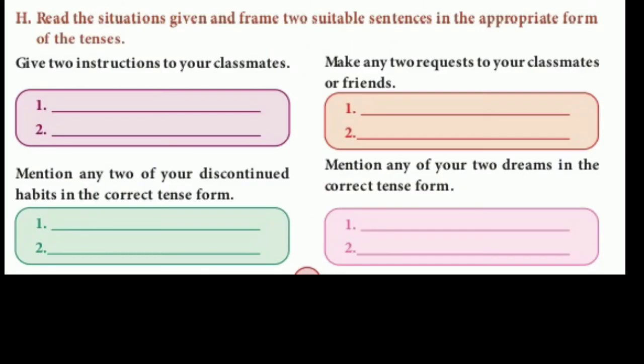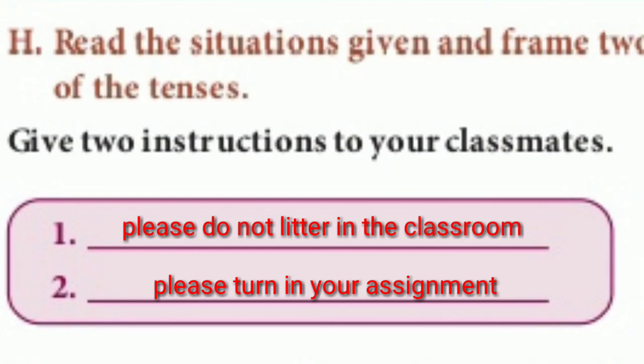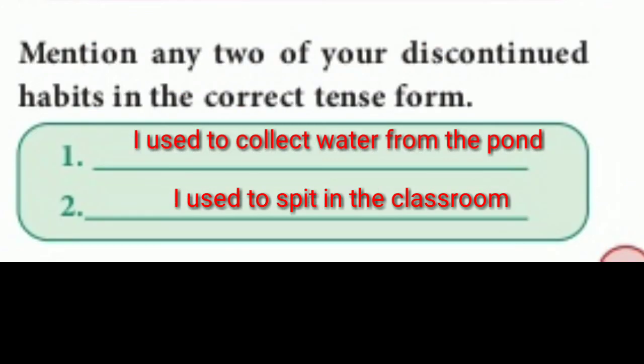Fine, children? Okay. So moving on to the last exercise, that is H section. Read the situation given and frame 2 suitable sentences in the appropriate form of the tenses. First one, give 2 instructions to your classmates. Okay, what instructions can you give? Please do not litter in the classroom. Please turn in your assignments. Second one,